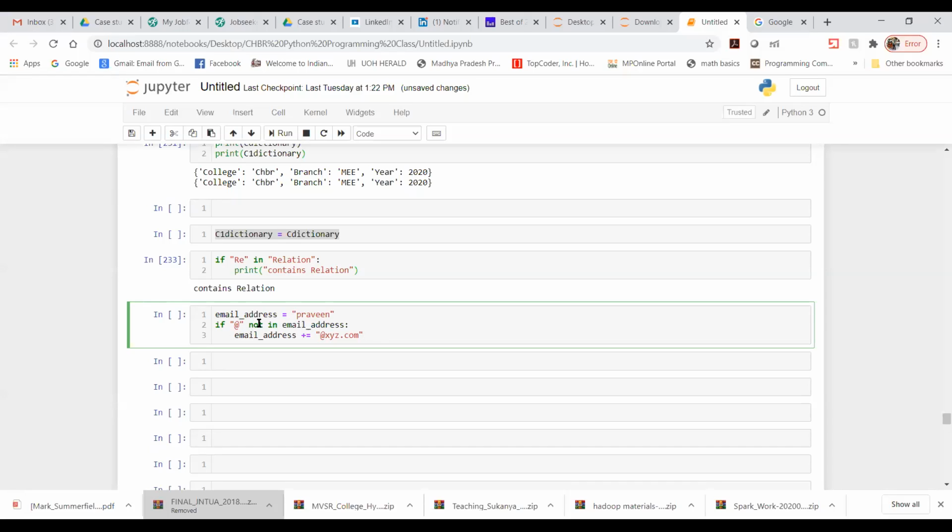Suppose I got one requirement from some organization, or maybe you got some requirement from your faculty, like everybody should have an email ID. What kind of email ID? Everybody should have a Cheburlu College email ID. So the name would be the same. What would be the differences?